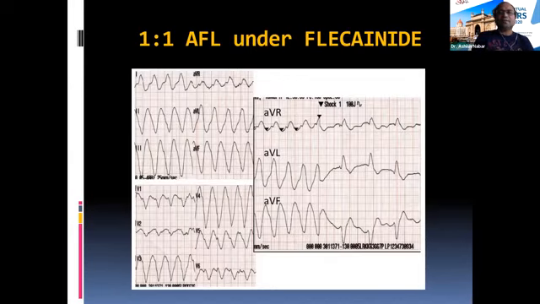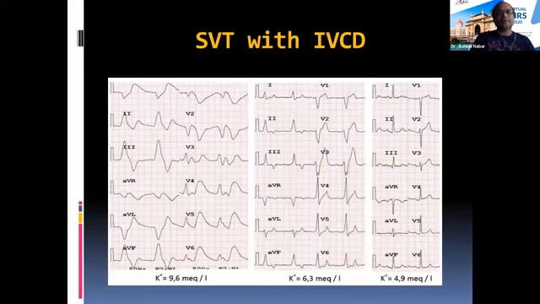And this is an example of drugs. So nowadays we have flecainide available to us. We use it for atrial fibrillation. It is very likely that when somebody was in sinus rhythm, he had a narrow QRS. He's on flecainide because he gets AF episodes. One day he gets an AF episode. That high dose of flecainide causes slowing in the myocardium, and the atrial fibrillation or atrial flutter can run to the ventricle with a wide QRS. So this is a peculiar example of where myocardial conduction slowing by drugs can cause a wide QRS.